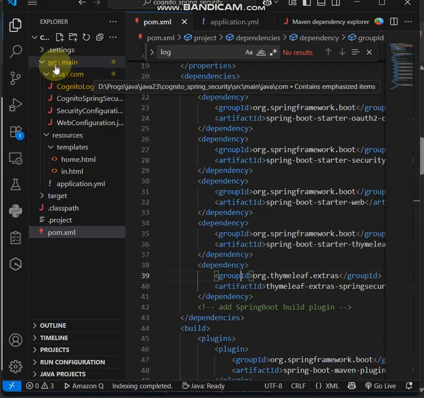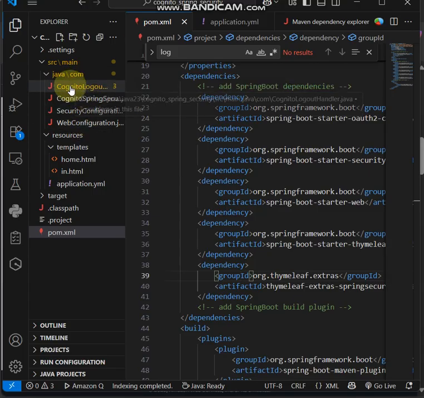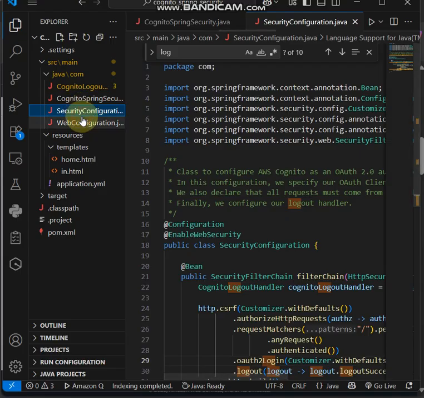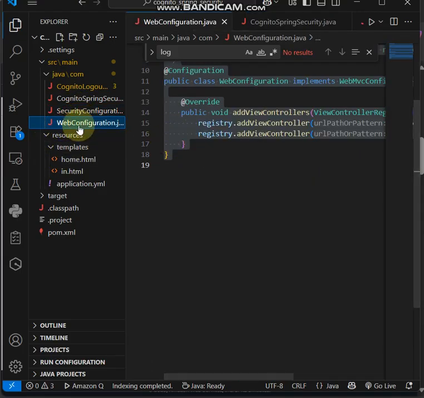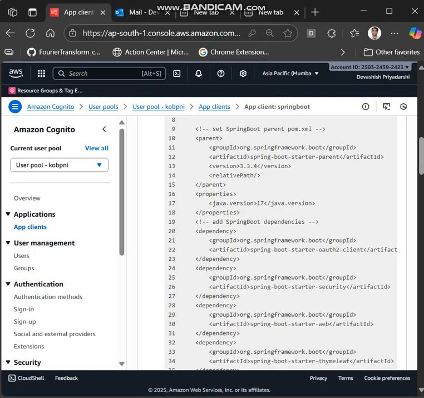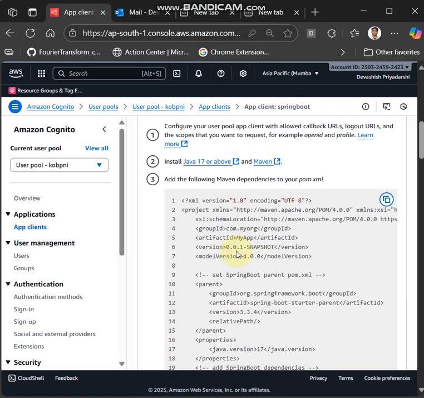Then I created a src main java folder, and inside that a com package. And these four classes that you're seeing, Cognito logout, Cognito Spring Security, and all these things are already there in that AWS console. Let me show you that. So if I go back, so after this pom.xml,